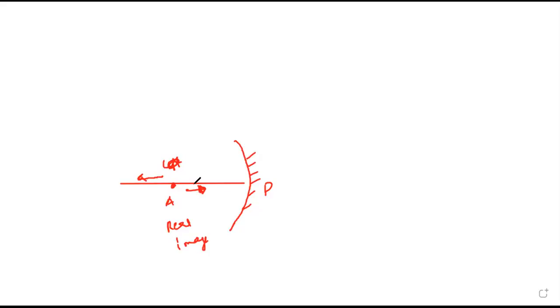If he is shifting the eye here, the image is appearing in the forward direction. If the object is placed between F and 2F, then when you come closer, the image moves away, no? When the object is at infinity, the image is at the focus. At C, the image is at C. And when you come between F and 2F, the image will come towards the mirror and finally it will become virtual.